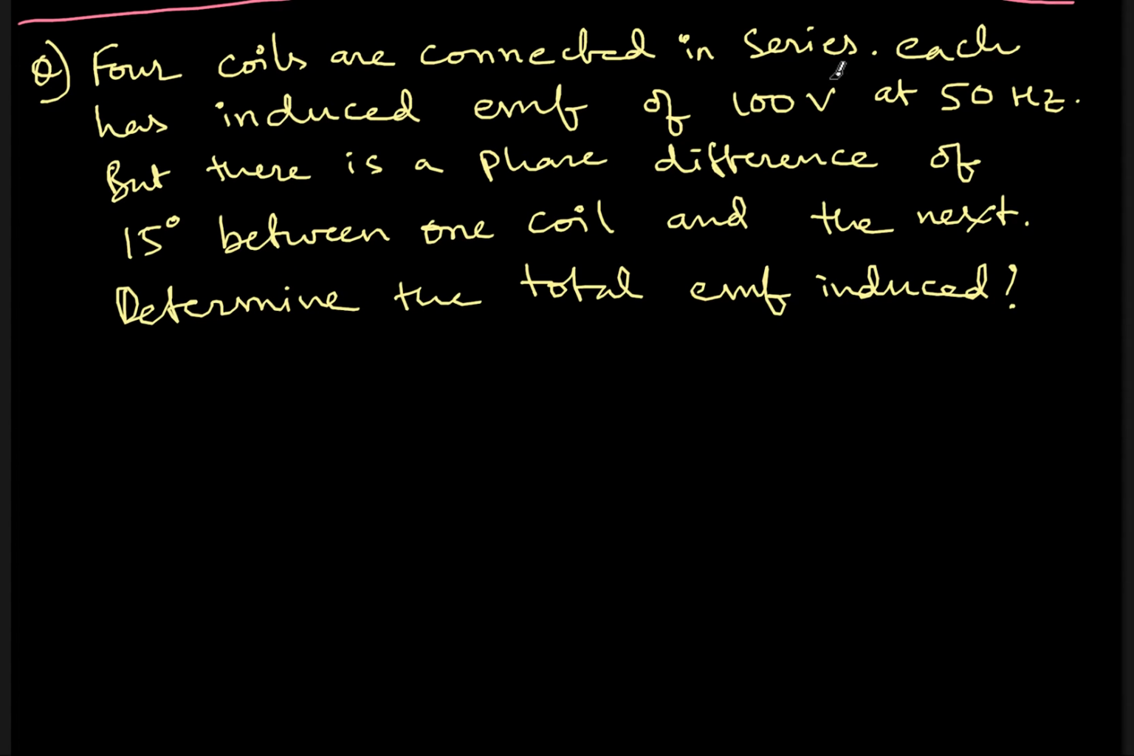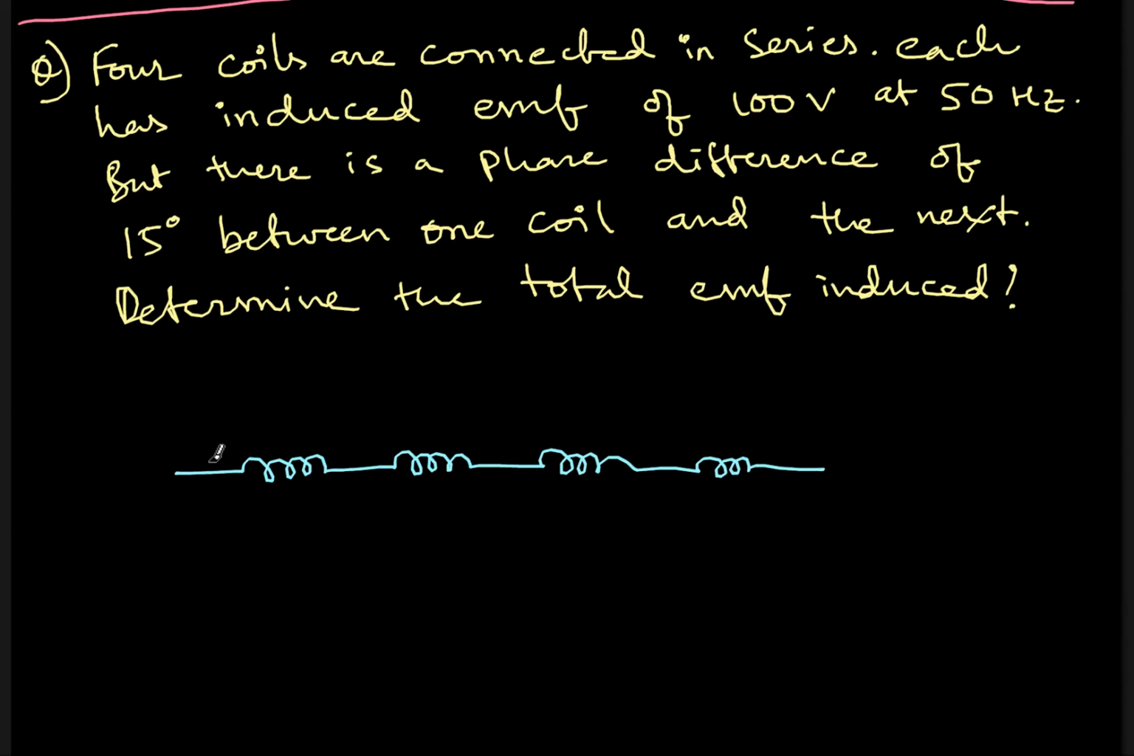Four coils are connected in series. Each coil has induced EMF of 100 volts at 50 hertz. But there is a phase difference of 15 degrees between one coil and the next coil. Determine the total EMF induced. So if I represent it in the form of a circuit,